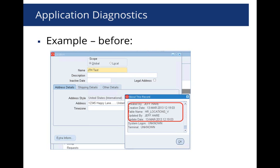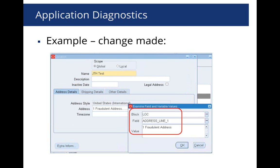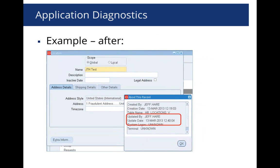And this was originally created on March 13th, so I was doing this a couple days ago when we were preparing for this webinar. When I make a change to this, so I'm making a change in the address through the back end, so to speak, or through this examine functionality, the value shows as fraudulent address. What it does when that change is saved to the database is it does update the updated by information. So there's a little bit of an audit trail created on this. It doesn't necessarily mean it can't update the updated by information through this, but